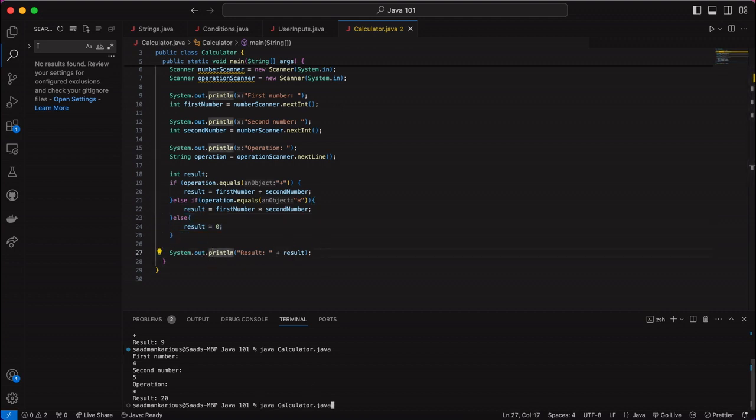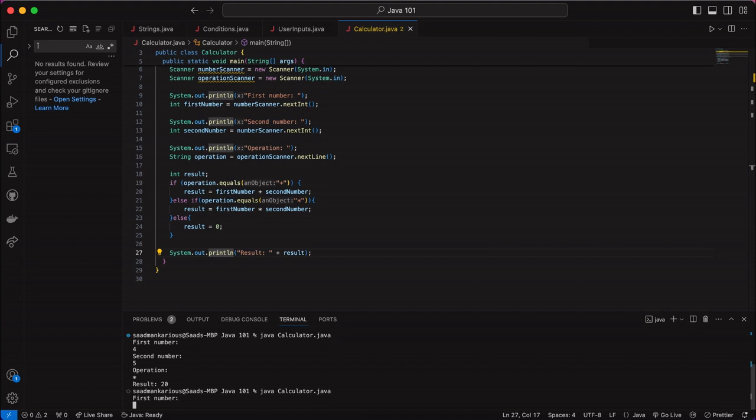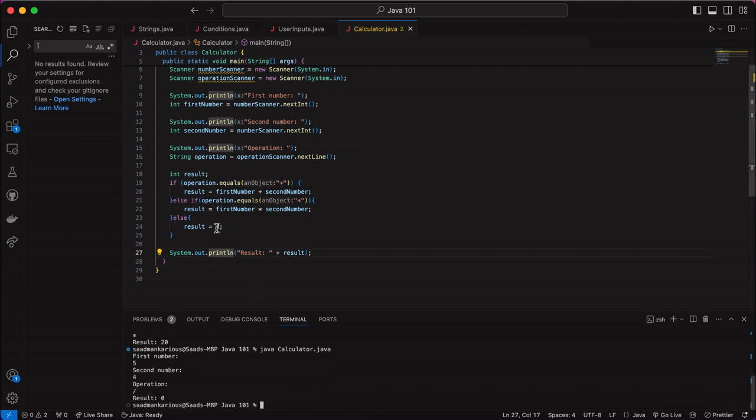So it's going to perform the multiplication and ignore again what's in the else and jump back to here. Now if I give it something different, so let's say 5 and 4 again, but let's say this time I give it like slash for division. It's given me 0 because we have not implemented division yet. So that's a task for you actually. So go ahead and add some other else if statements here to read other operations from the user and perform the proper